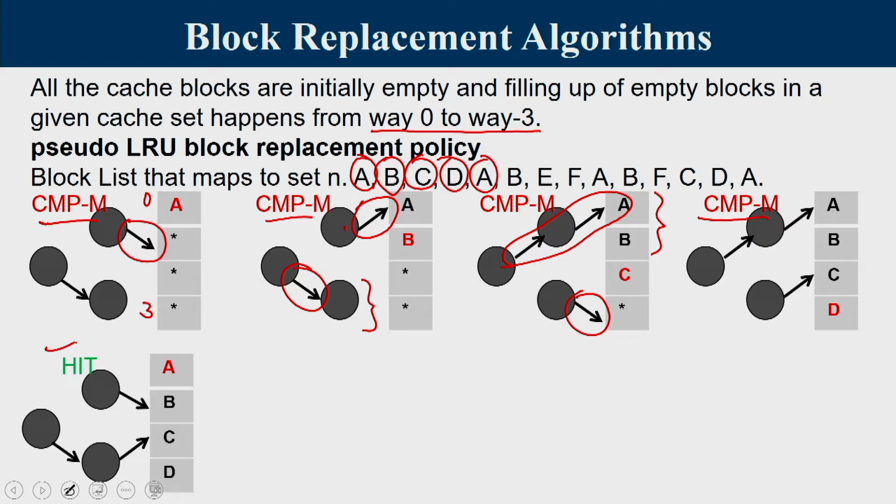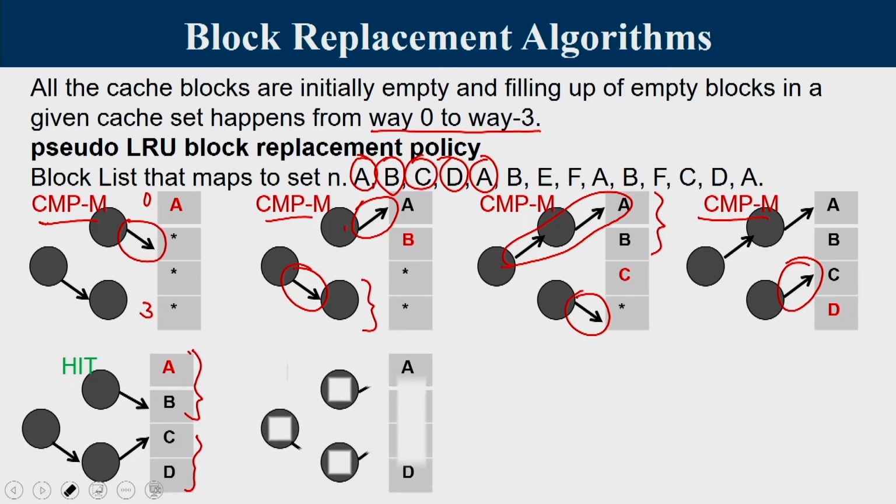When you access A, till now the tree was like this, A is in way 0. So the root will now be pointing to the lower side because the current access was made to the upper side. So the arrow will flip there. The arrow which was there for C and D, there is no change because we are not going to touch this portion. Since the access was to A, the arrow which was initially pointing to A, now it will be pointing to B. So it's a hit. After accessing A, the pseudo LRU tree has the root's LRU arrow towards down, the upper child arrow is also down and the lower child arrow is up.